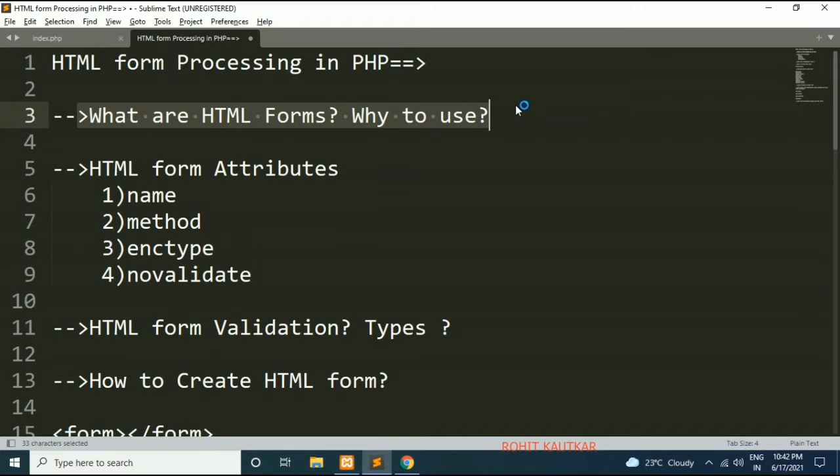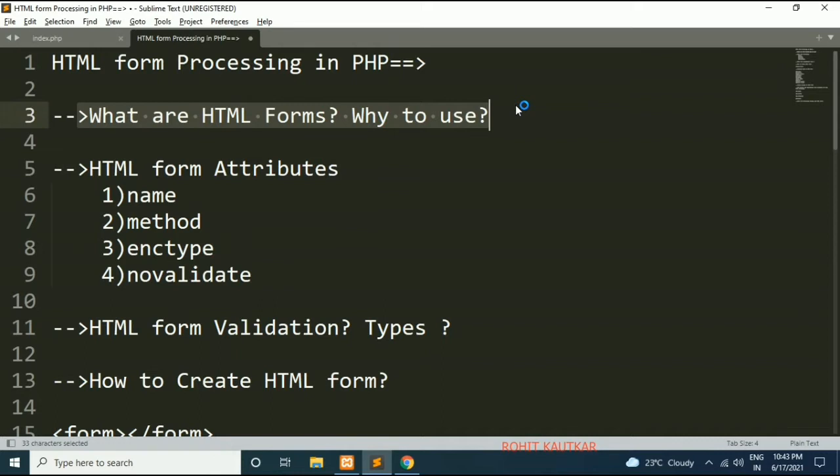So HTML form is a provision in order to collect data from user over the web application. That's why within HTML form we have a variety of form controls that allow us to collect different types of data from user, and collected data can be used by web application in order to perform certain task.